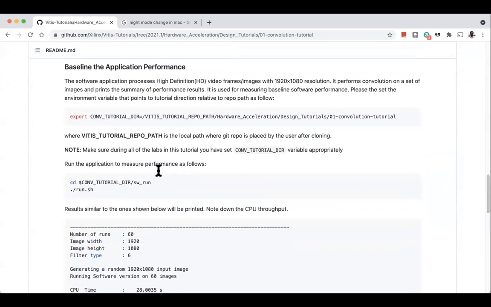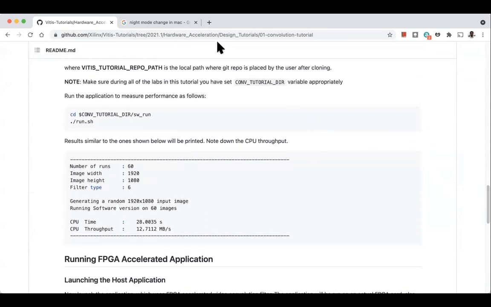If you go to this directory, which you should be able to do, I am sure by this time this GitHub repo should be on your machine. Can someone go to this directory, run this, and tell what throughput you are getting on your machine? I did it yesterday, but I want you to do it. On this particular machine, they ran it.